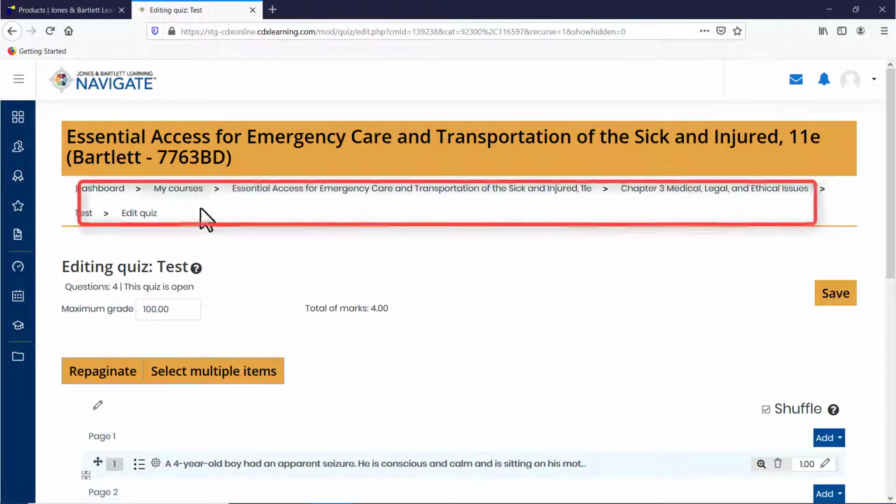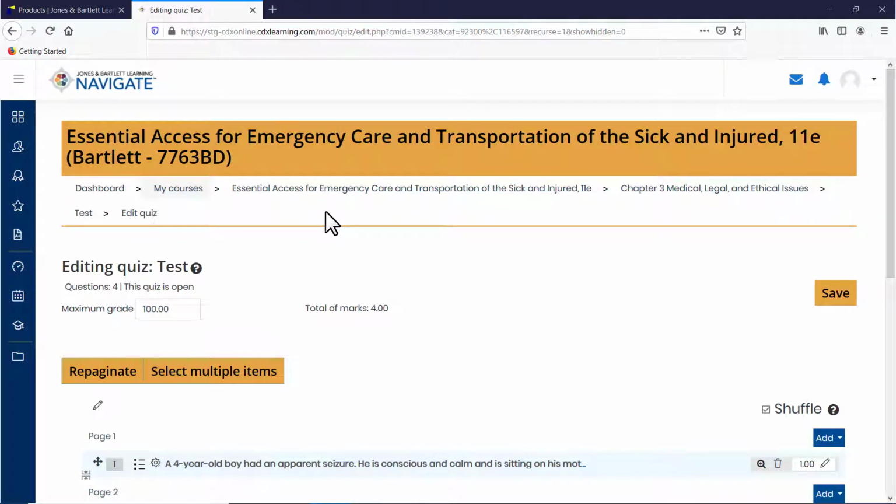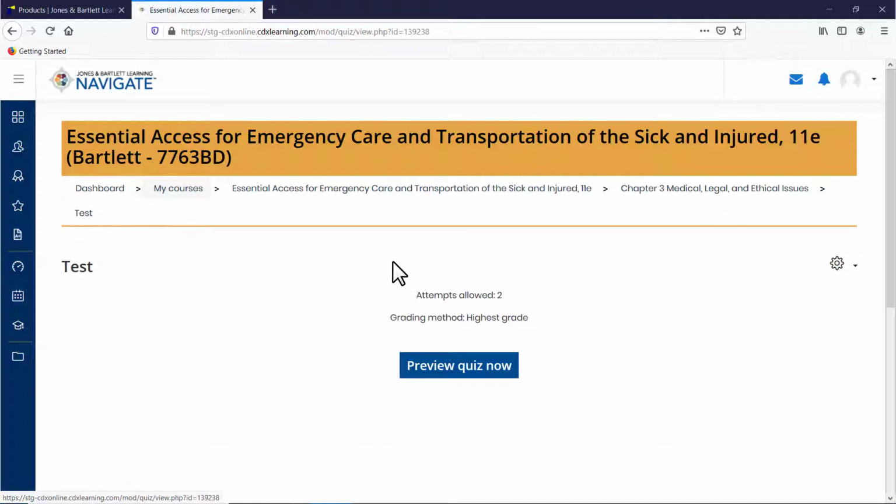You may have noticed me using the breadcrumb trail of links at the top of the page here. This was available in Navigate 2, however, given the tab navigation, it wasn't very heavily used. In this version, you may find the breadcrumb trail of links very, very useful, because as you get deeper into material in your course, and you just want to retrace a couple of steps, this breadcrumb trail of links can accomplish that for you. For instance, if I want to return to my course page, I can click Test and